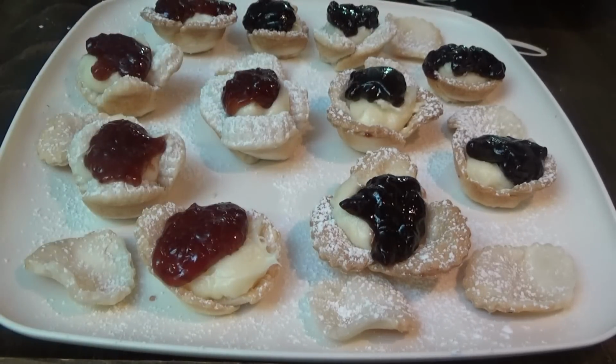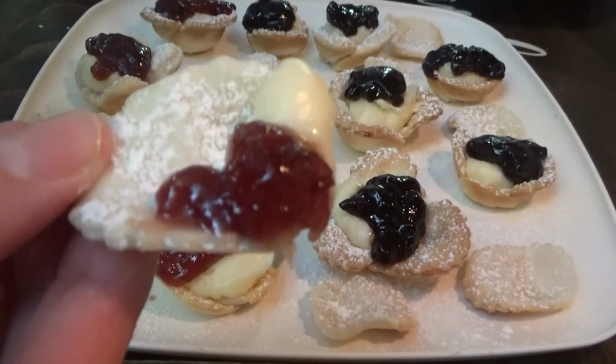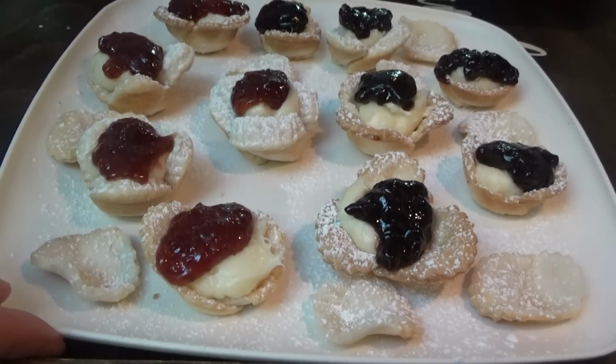I'll just get a little bit of the cream cheese mixture on it. And some, I'm gonna go with strawberry preserves. There we go, little tiny fruit tart petal. It tastes like a little tiny cheesecake fruit pie. It's really good. All right, I'm just gonna stick these in the refrigerator and the kids can have them with